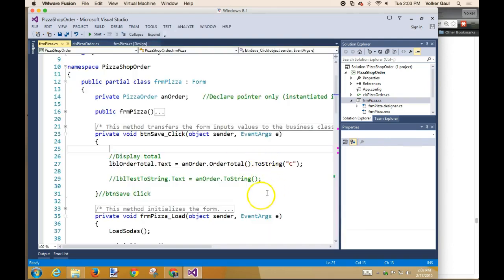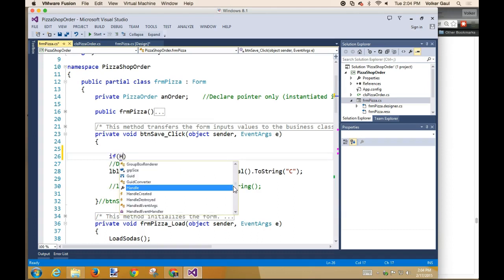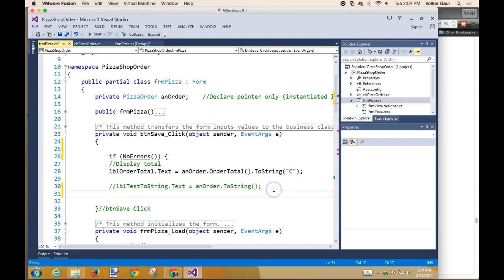So first things first, here's button save. I do not want to try to do any of this stuff if there are still errors. So I'm going to say if no errors. Now, no errors doesn't exist, so it's going to give me just a smidge of grief here. If there are no errors, then go ahead and do this. Else,